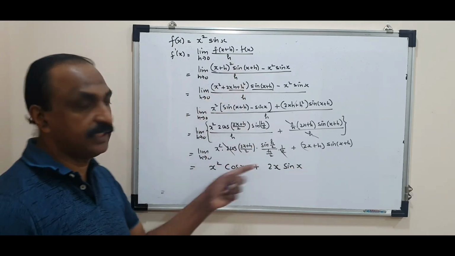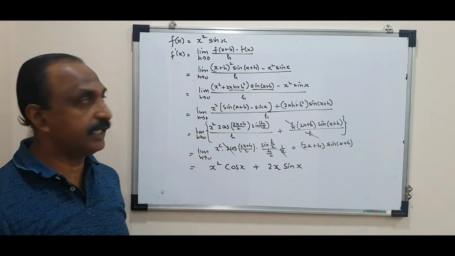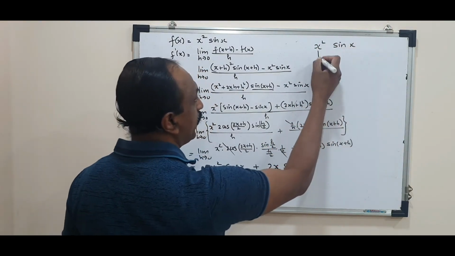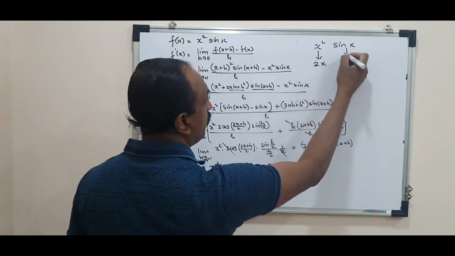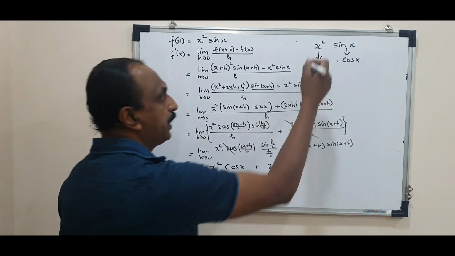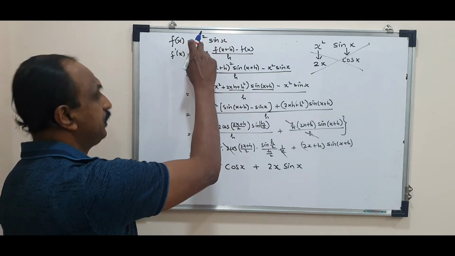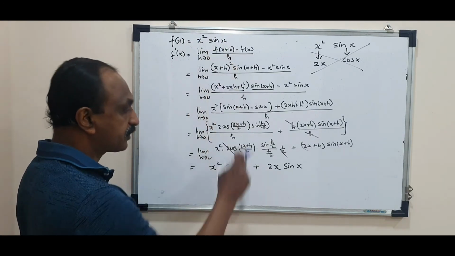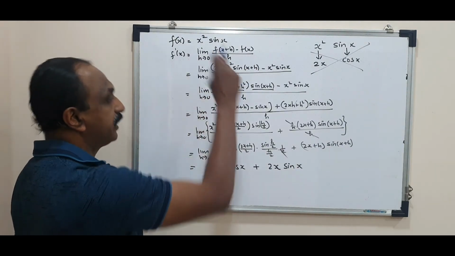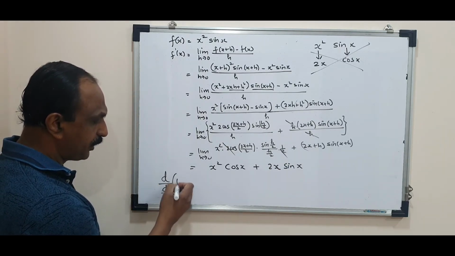Now, the importance is not in the derivation. I just wanted to show you that for x square sin x, when you find the derivative, usually we think if I want to find the derivative of x square, the derivative of x square is 2x, the derivative of sin x is cos x. So the answer should be 2x into cos x. But this is wrong. Derivative of x square sin x, what do you notice? x square as it is, derivative of sin x, that became cos x. Sin x as it is, and derivative of x square. So what have you noticed? Whenever I want to find the derivative of a product,